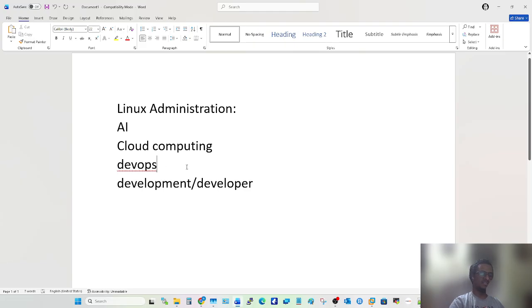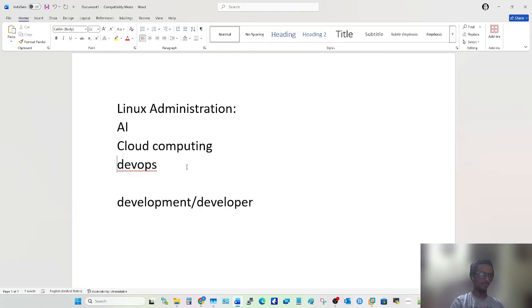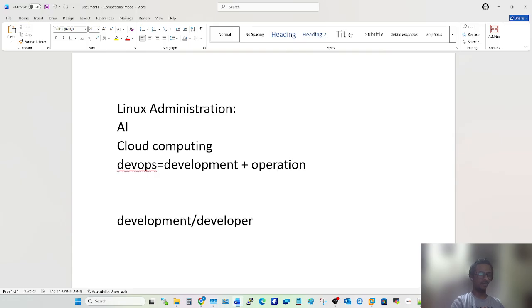Okay, there is DevOps. DevOps means development plus operation. The same thing was also introduced in the market, which is SecOps. SecOps means security plus operations.